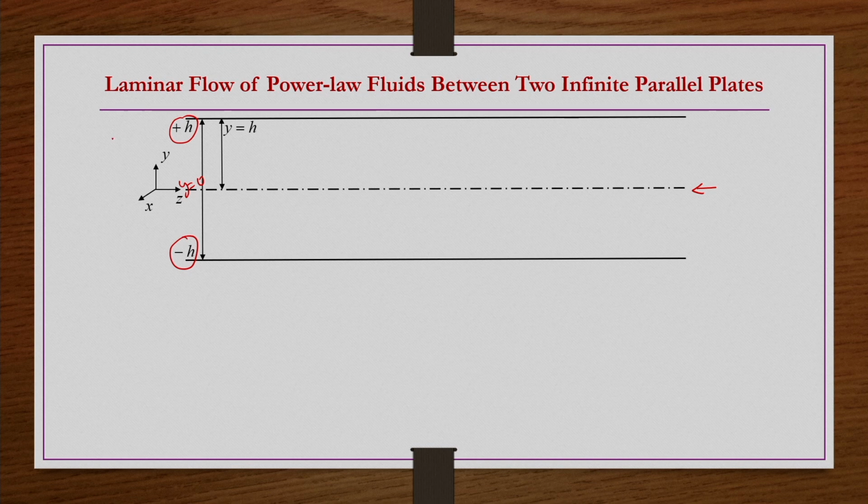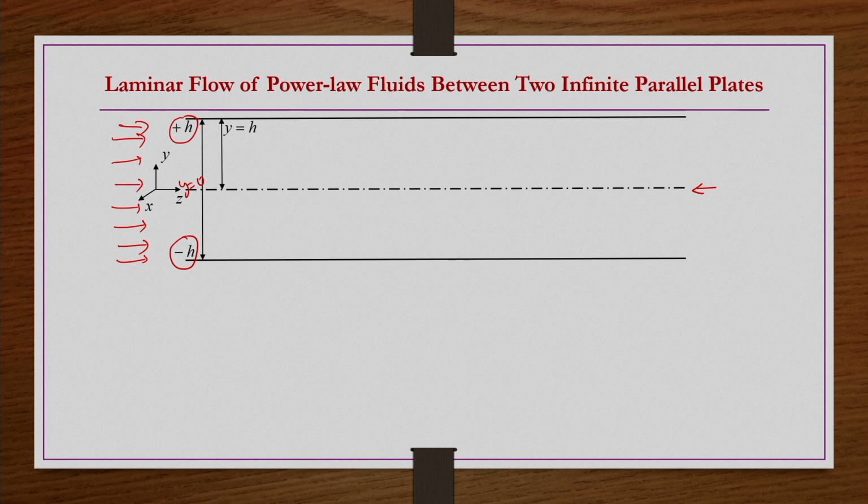Now, the fluid that we are considering here is a power law fluid that is flowing between these infinite parallel plates, and that flow is because of the pressure gradient. Obviously, because of the pressure difference only the flow is taking place, otherwise how will the flow take place, because this is a horizontal plate. So, gravity is also not there. Some external force has to be there so that the flow takes place. That external force is the pressure difference that we are generating or maintaining in order to have a required flow rate of this fluid confined between these two plates. Okay. So, geometrically this is what we are having now.